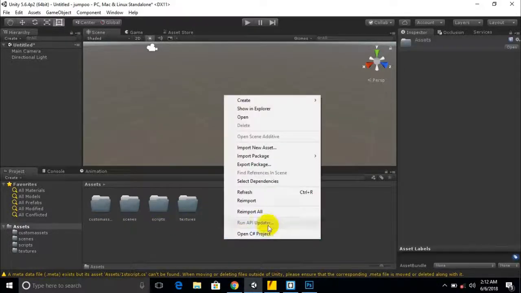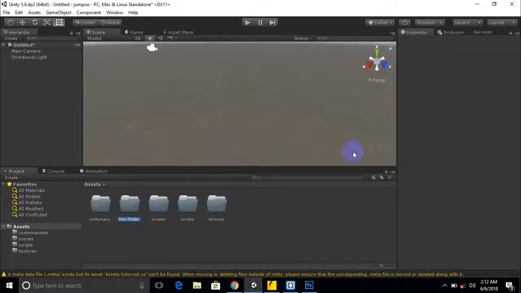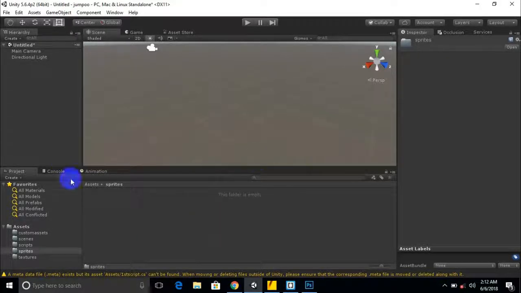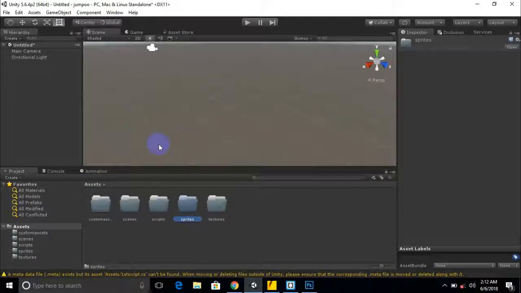After that we should have one more folder, sprites, and sprites are the images or textures we will use for UI elements.